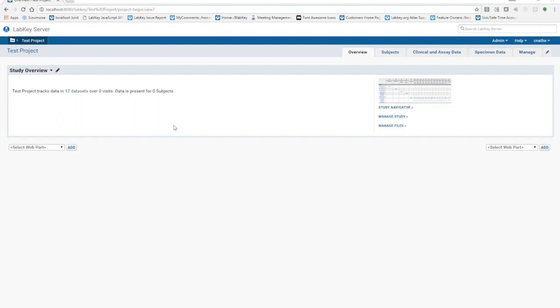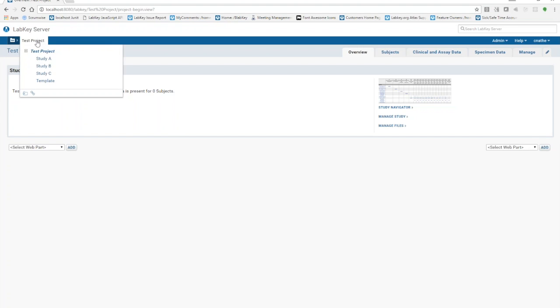In the 16.3 release of LabKey Server, a new option was added to the Advanced Import Options page so that when importing a folder archive, it can be applied to multiple target folders at one time. This is to address the second scenario I mentioned, where a template folder might want to be used to apply the same set of options to multiple target folders without having to manually go to each folder and do the import. So I want to demonstrate this option with some test study data that I have here on my local